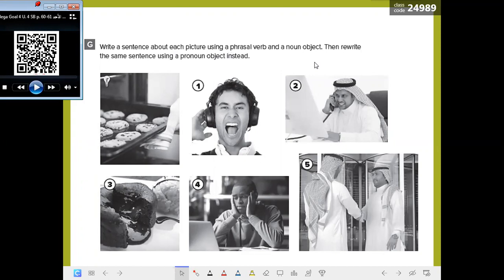And I explained before how to use the phrasal verb in a sentence and how to use the object pronoun instead of the object noun in sentences with phrasal verbs. So, my dear students, I will show you the sentences for each picture, and I want you to look at them carefully, check your answers, and correct any mistakes in your workbook on this page. Okay,